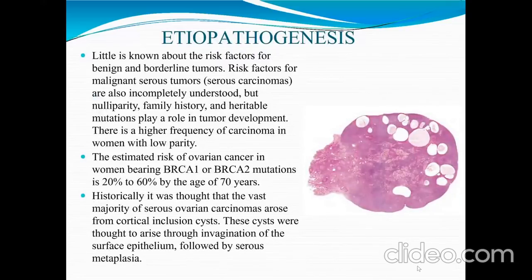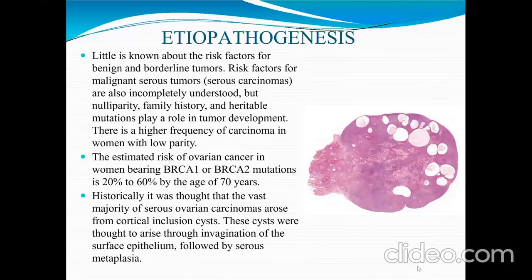Also, we'll take a brief look at etiopathogenesis for serous epithelial tumors of the ovary. Little is known about the risk factors for benign and borderline tumors. Risk factors for malignant serous tumor are also incompletely understood, but nulliparity, family history, and heritable mutations play a role in tumor development. There is a higher frequency of carcinoma in women with low parity. The estimated risk of ovarian cancer in women bearing BRCA1 and BRCA2 mutations is 20 to 60% by the age